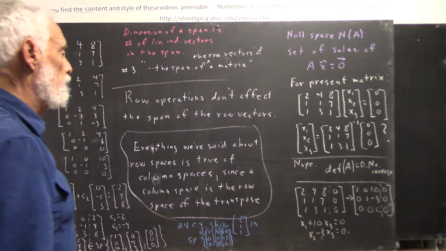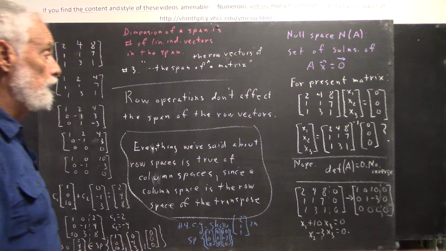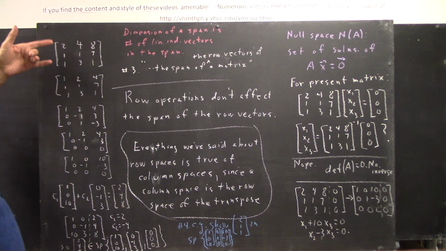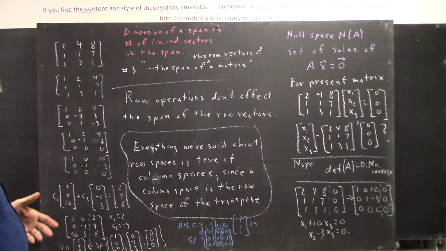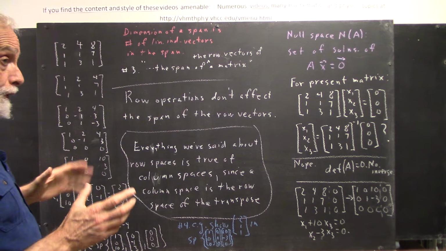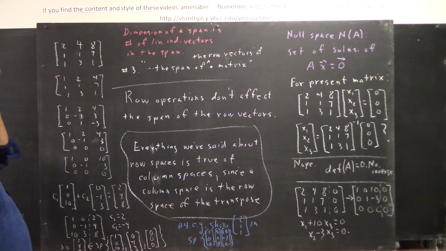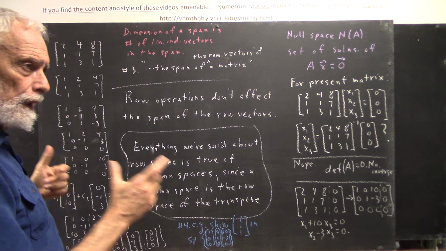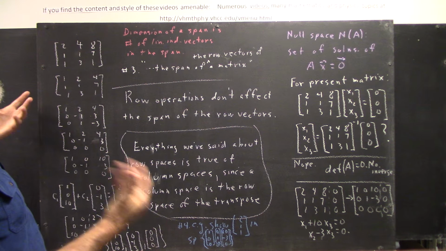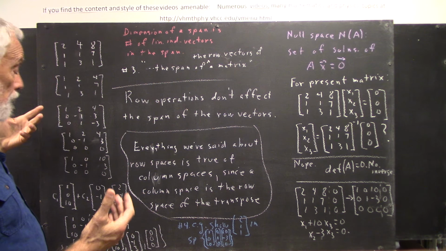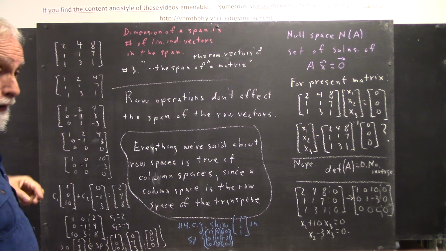Okay, we talk about the fact that row operations don't affect the span of the row vectors. Why is that? Well, you've got three row vectors here in any one of these matrices. One of the row operations is you multiply a row by some constant number. Well, multiplying a vector by a constant number doesn't change what it spans. It's just that if you're going to do a span involving multiples of the three vectors, let's say,